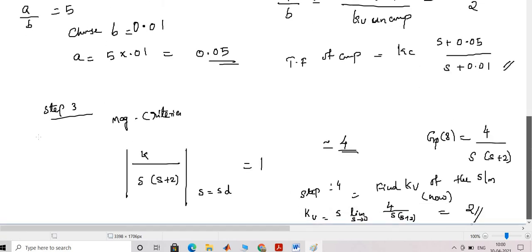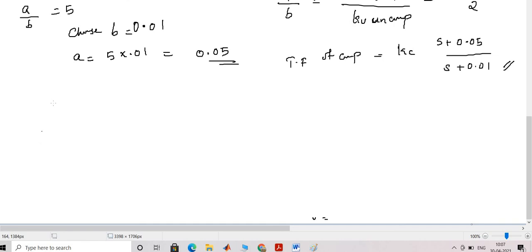Now what is the next step? We have to find out the gain K. So we got the transfer function of the compensator, and after that we have to find out Kc. What is Kc? Kc is the open loop gain of the compensator, and this also we can find out using the magnitude criterion, that is